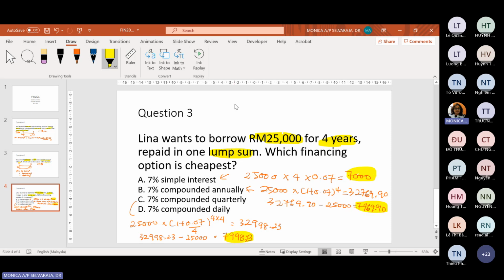Now this is the interest. If you're doing daily compounding, it is continuous compounding, so the exponential will be the number of years, days is 365. It's considered as M. So you have to take 25,000 times